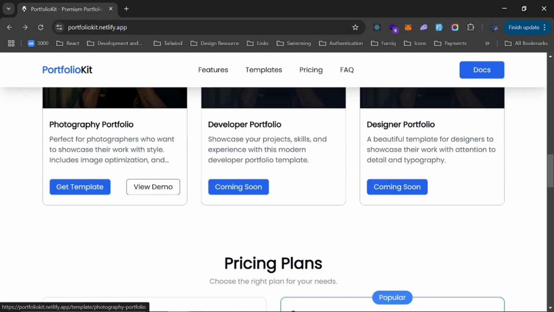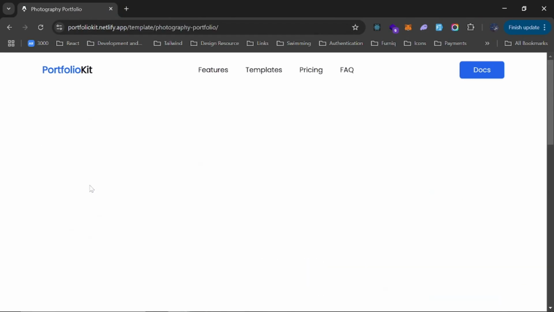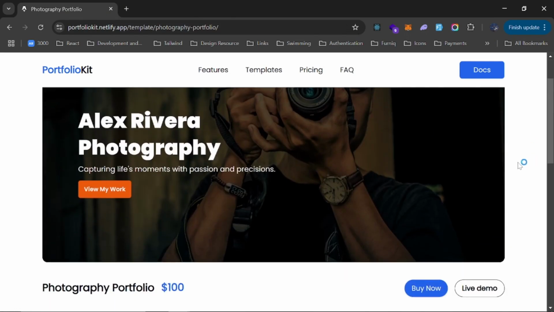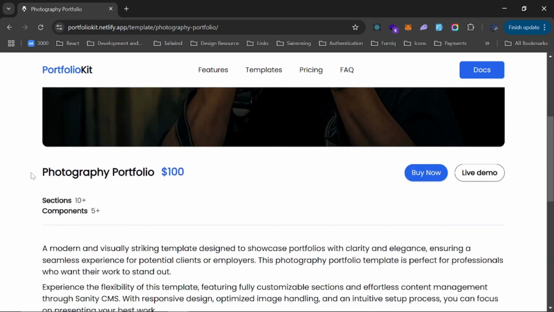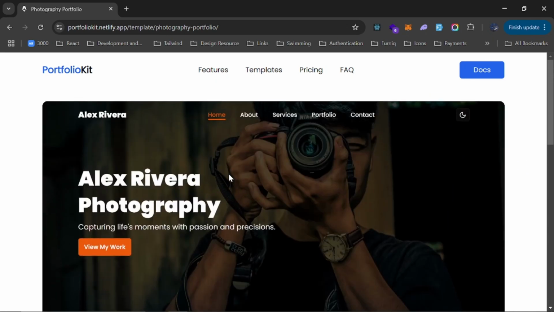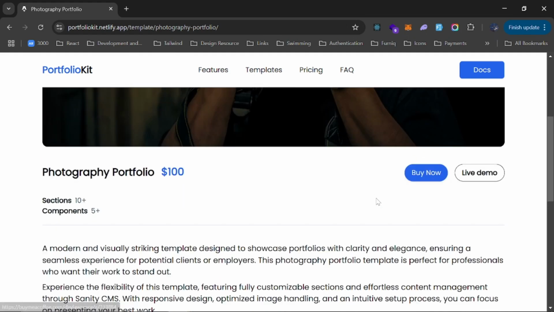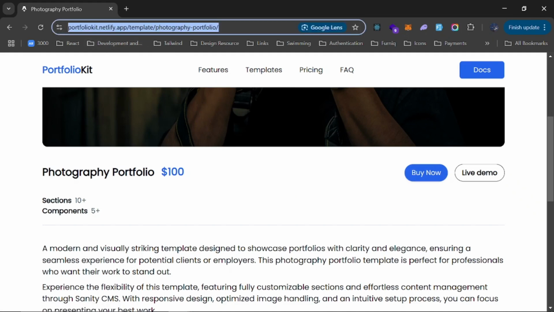And if you want to get the template, just select the template. You see a preview of the hero section, then the price. So don't be frightened about this price right here, because it's actually free right now. So if I click on buy now, no, before I do that, I will open this in an incognito tab